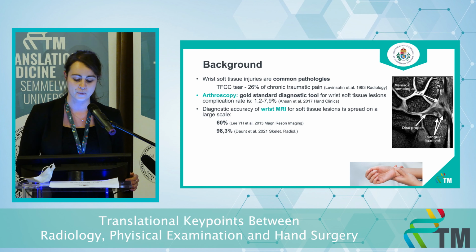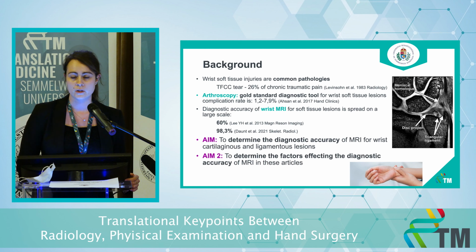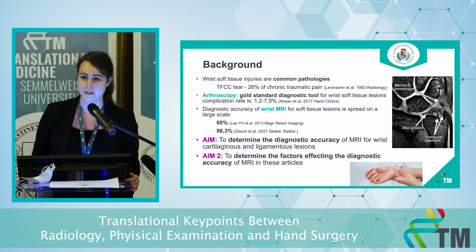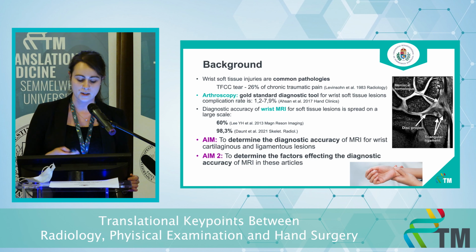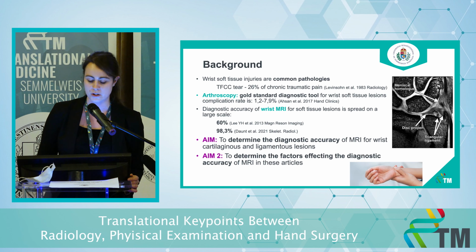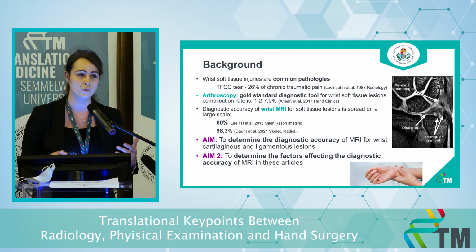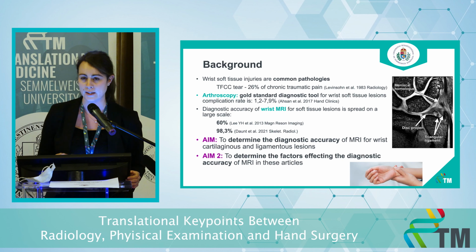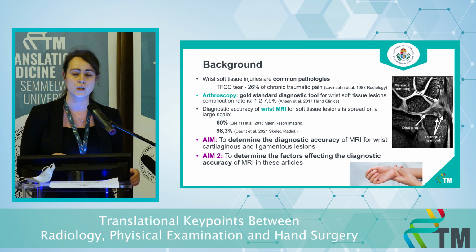of chronic wrist pain. Currently, the gold standard diagnostic procedure is arthroscopy for this disease, but this is an invasive, time-consuming, and expensive method. Before the arthroscopy, we can use MRI imaging as well, but the diagnostic accuracy of this method is spread on a large scale in the literature, from 60 to almost 100%. This is why the aim of our study is to evaluate the diagnostic accuracy of magnetic resonance imaging for wrist